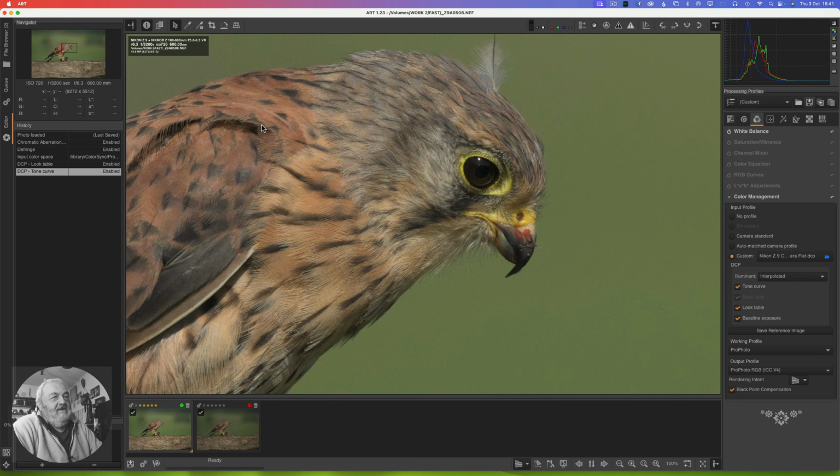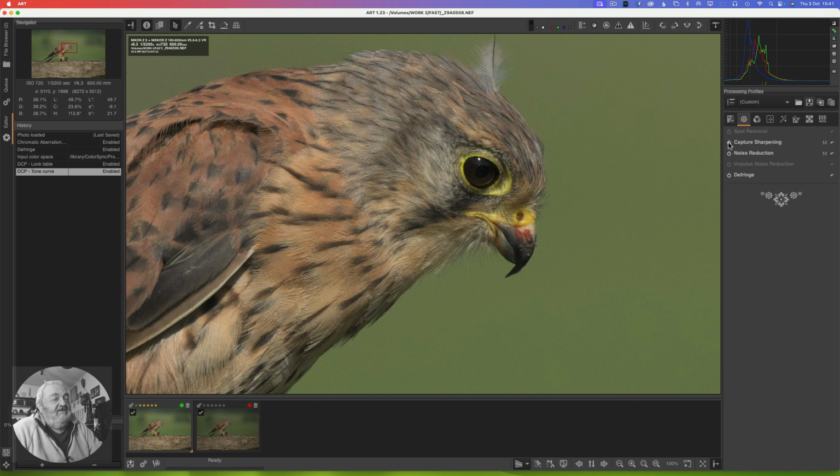Now then, what do we want to do to this image? Not a lot, really. It's got capture sharpening on, so don't forget where capture sharpening is. It's under the details panel, so we could go and turn capture sharpening off, and it's not making a massive difference, but it is just adding a kiss of sharpness, which is what we want. However,